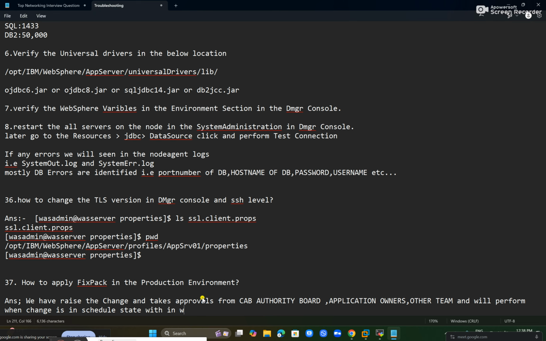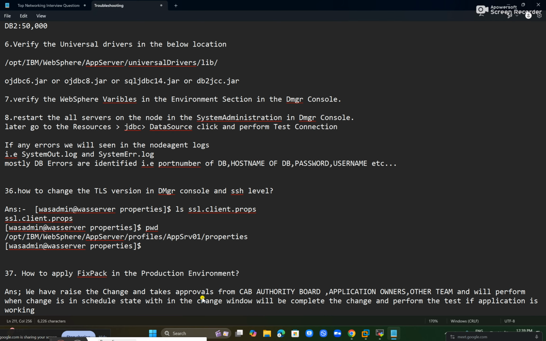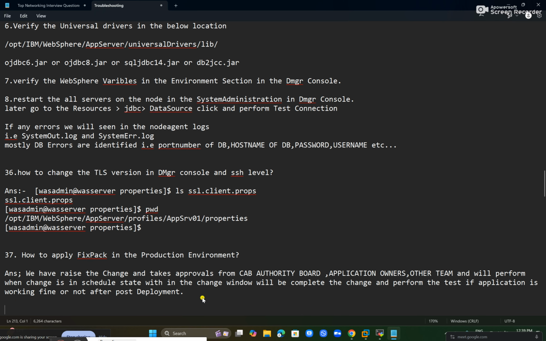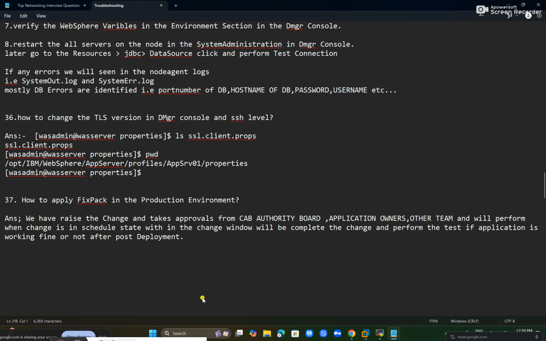within the change window. We will complete the change and perform the test to check whether the application is working fine or not after deployment. After the post deployment,